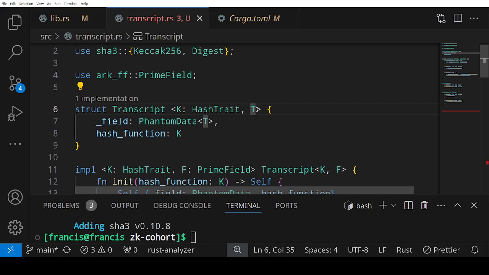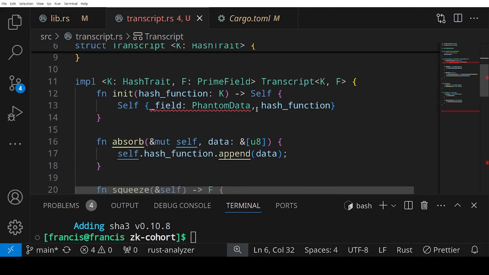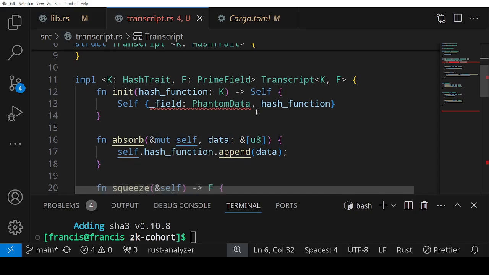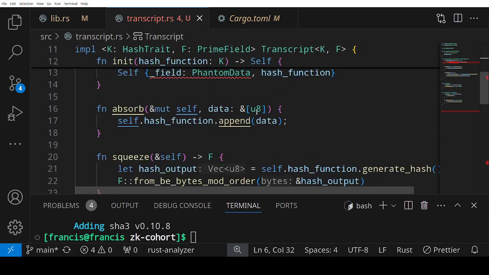So it's just like we're defining a generic. You know what a generic in Rust is, right? But in the structs, we don't have any need to use it. So it's as easy as us just removing it, right? If you're not using it in the struct, there's no need for it. But because we want all the functions in this transcript implementation to actually have access to that F,